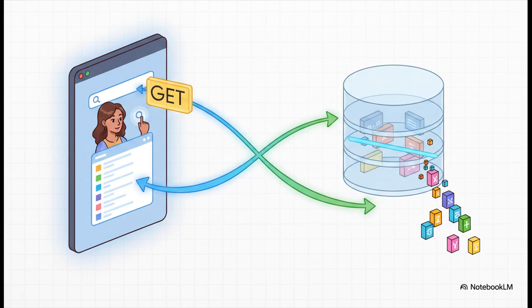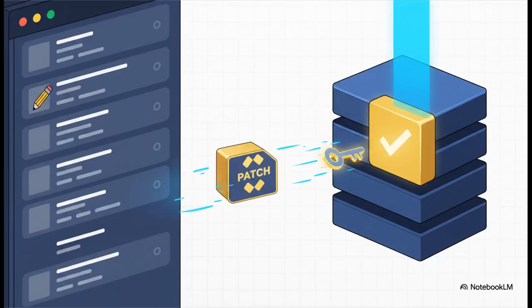Mongoose dives into the database, fetches all the documents that match our rules, and sends them right back to our app. Now, to update a specific task, the app sends a PATCH request. But how do we know which task to update? Easy. We include its unique ID right in the URL. This tells Mongoose to use its .findOneAndUpdate method to find that one specific document and apply whatever